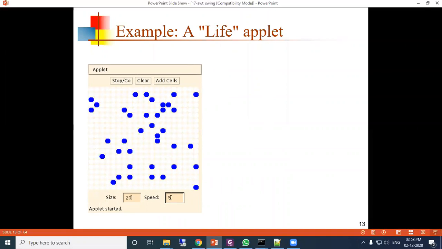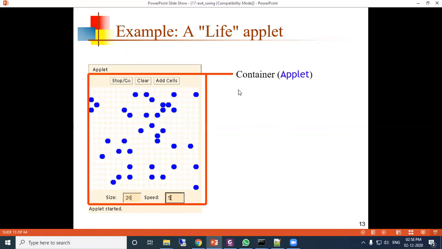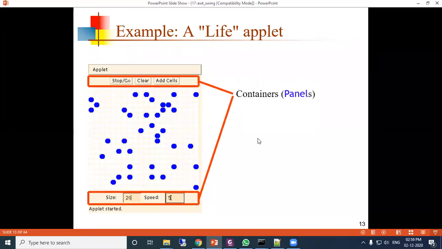See the diagram here, where all the things are covered. First one is called a container, which is one applet. This is one applet container, and you can see there is no border. This is also a container, panels.